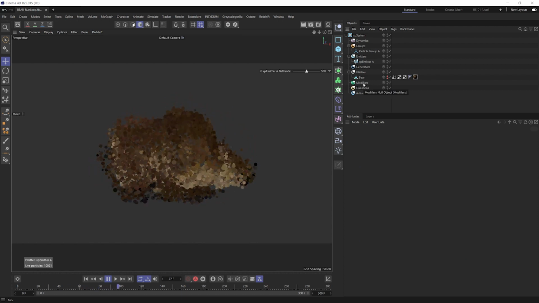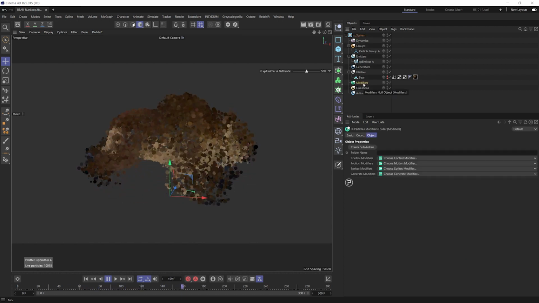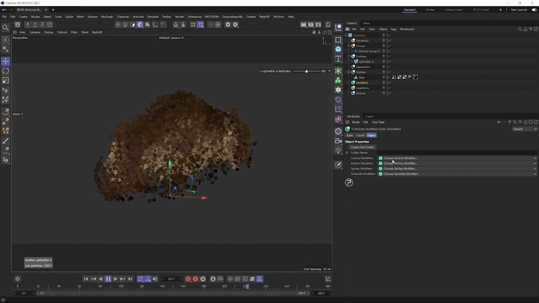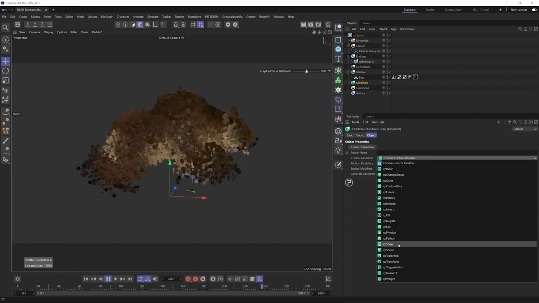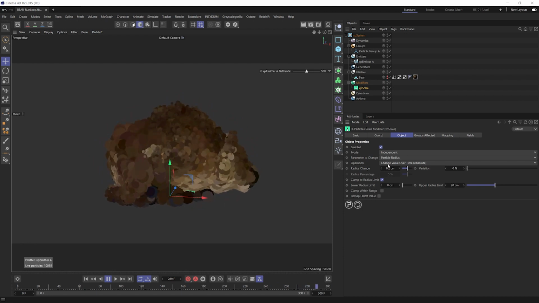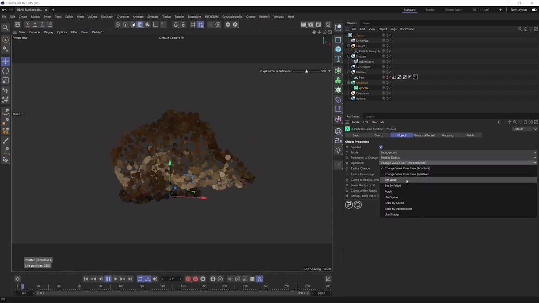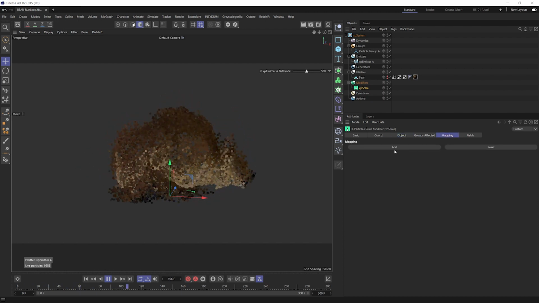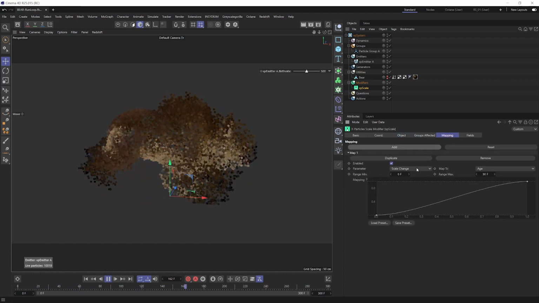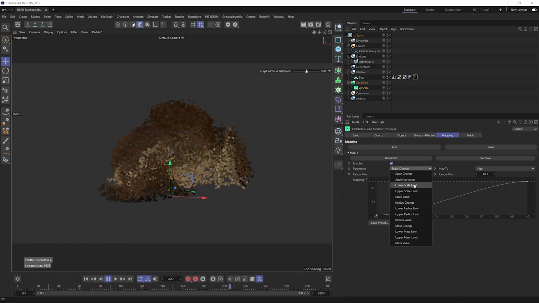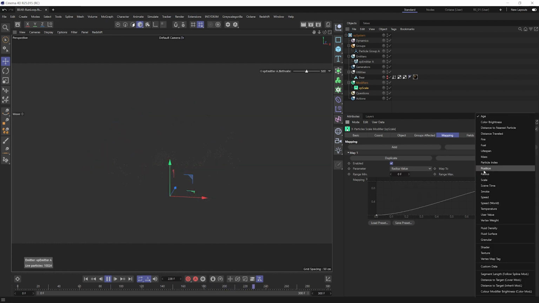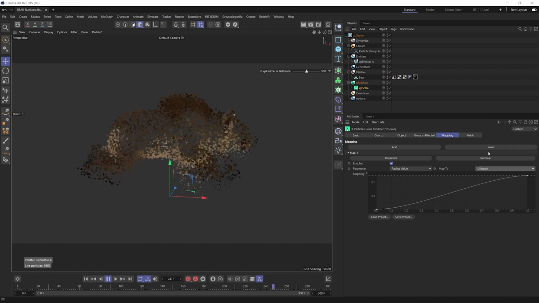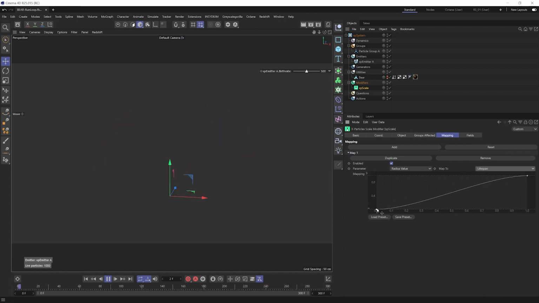Now I want to scale up and down those particles over their life. So I go to the modifier section, add a control modifier, XP scale. I want to set this to set value with a radius value of 1. And under the mapping tab, I want to add a map and change this to radius value and map it to the lifespan. Now you get particles that are 0 scale when they're born, and over the course of their lifespan, they reach